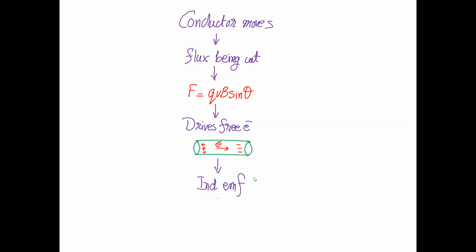In my last class, I had explained why an EMF is induced when a conductor is cutting the field lines. When a conductor is cutting the field lines, the electrons inside the conductor experience a force due to which they gather on one side, due to which an EMF is induced. You have to write under it,